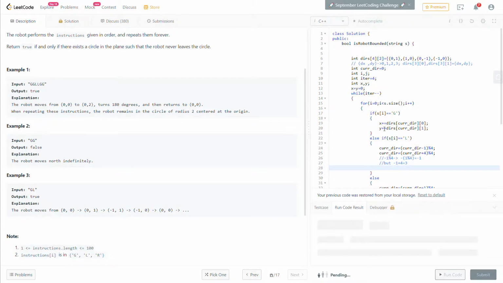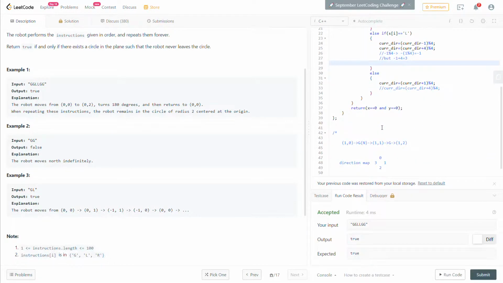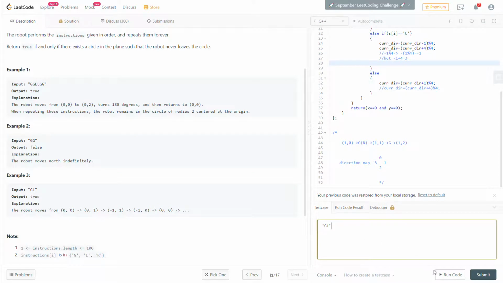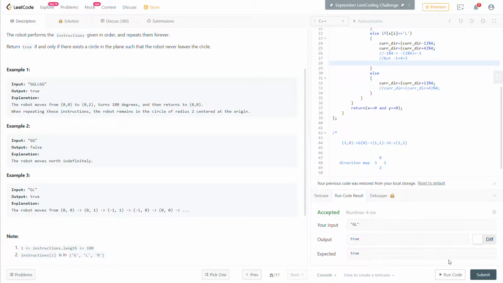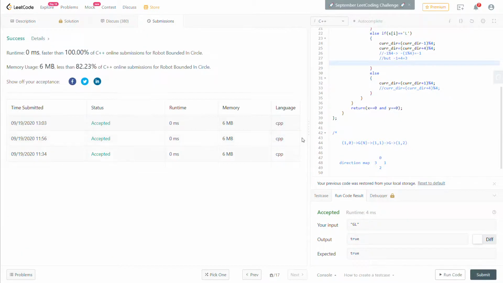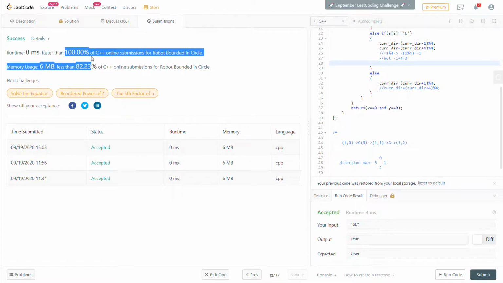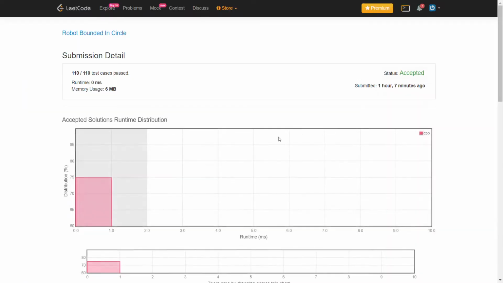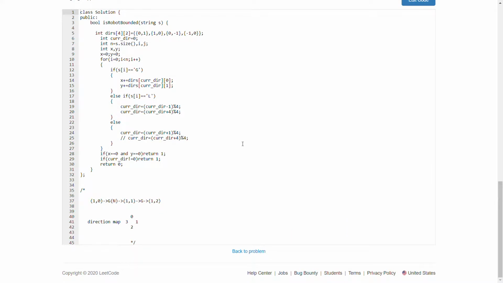and I think we can run this to fix any logical errors. Yeah, so it's true. Okay, let's take this test case. Okay, so let's try submitting it. Yeah, hooray, we got it accepted. I told you we have another solution, but with a slightly different logic. I'll guide you through it.